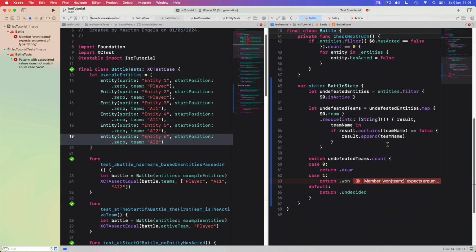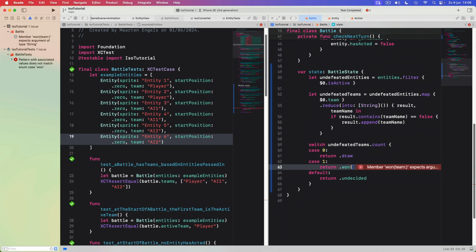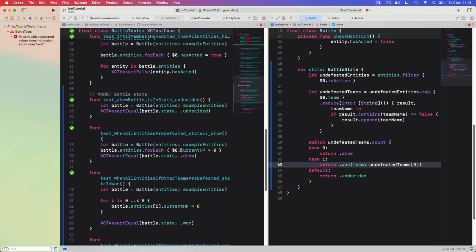And now we need to pass in that value as well. So this will be, the team will be the undefeated teams, the first value, and this